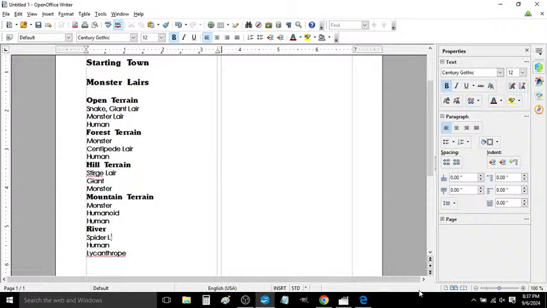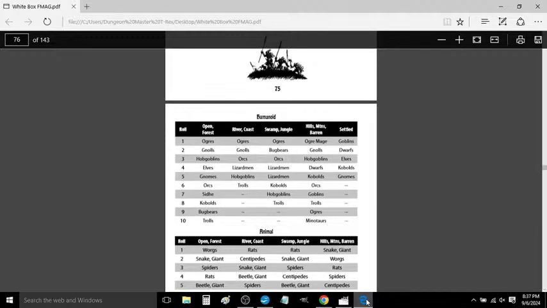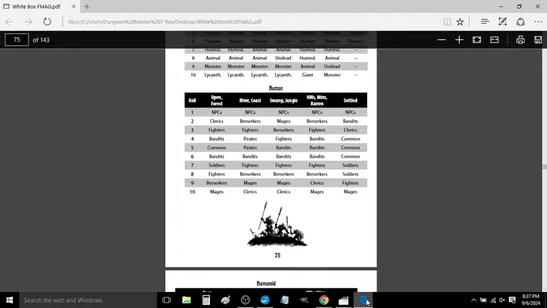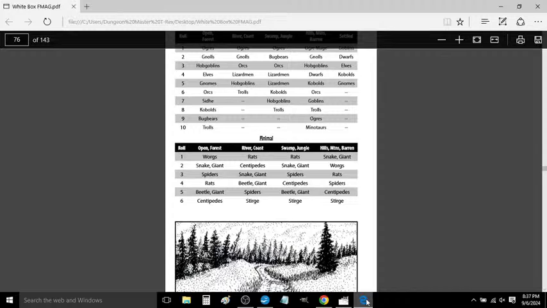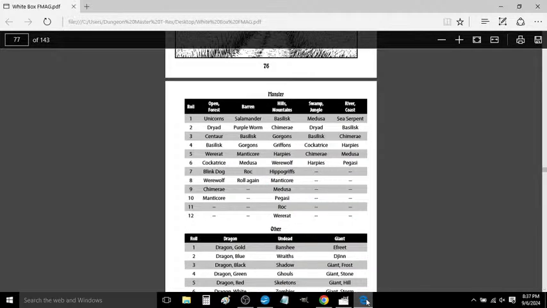But a spider lair is not a bad idea, and I'm thinking something of a fishing spider. But that's me. This is how you generate ideas. So now let's go to the monster lairs. I think monster is probably further down. Yep. Okay, so on the open terrain,